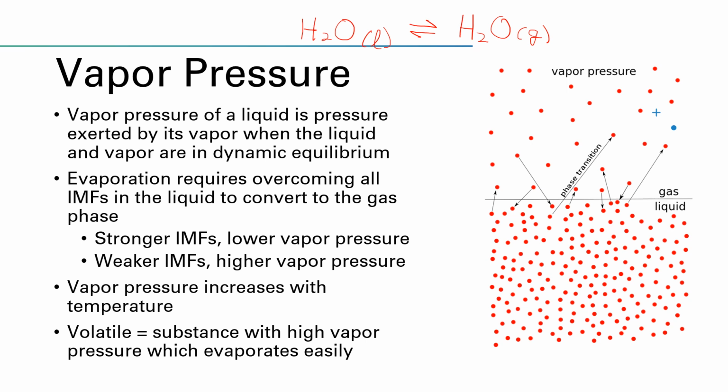If you think back to Gen Chem 1, when you studied gases, you talked about Dalton's law of partial pressure and the physical origin of pressure, right? Pressure is the force exerted by the gas phase particles as they hit the walls of their container. And Dalton's law of partial pressure tells us if we have a mixture of gases, each gas independently exerts a pressure, and in order to get the total pressure in the container, you add up the partial pressures of all of those